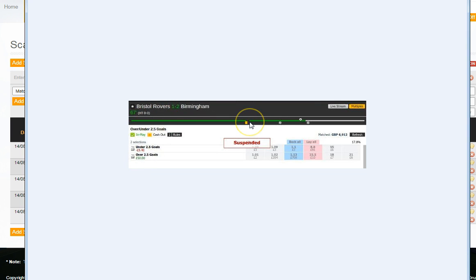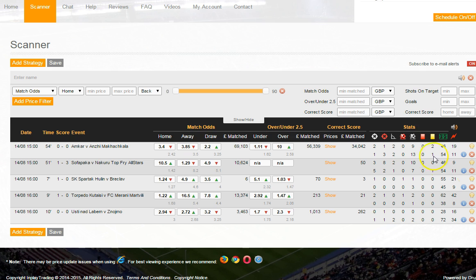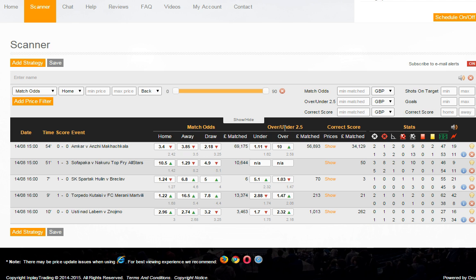Again, what we were looking at here was just to add a little bit more to the strategy, games that were 0-0 at half time. You can see here, the first goal didn't come till around about 55 minutes, I think it was. It was 0-0 at half time. There were sufficient shots on target and attacking possessional play. Both teams looked interested and up for the game, so it was an opportunity to get on based on under 2.5 goals, which was hovering around about, I think, the